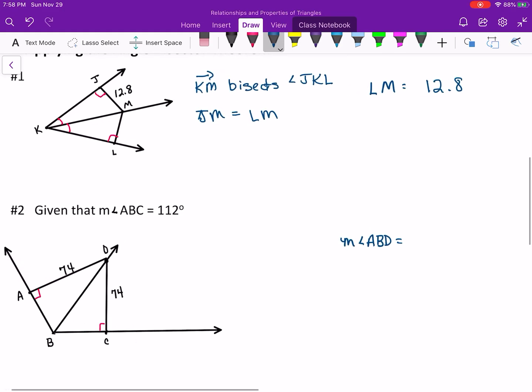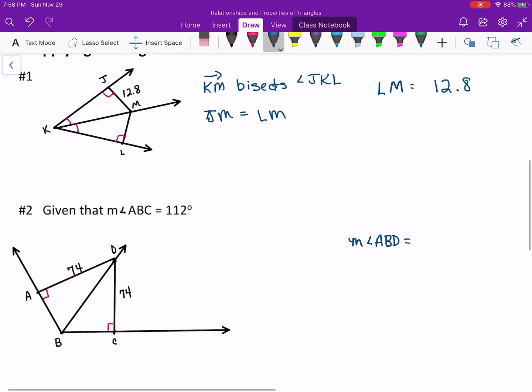Given an angle ABC, that's that very large angle, it is 112 degrees. The whole angle is 112 degrees. Let me draw that in here. 112 degrees. There you go. And if we take a look at the picture, we can see the right angles. What that is telling us is that